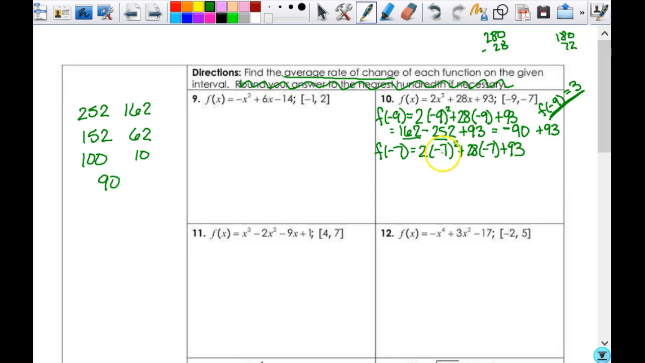Negative 7 squared is 49 times 2 gives me what? 98, because you could do 50 times 2, which is 100, and subtract 2. Now here, for this one, again, I know it's going to be negative. I wouldn't multiply it by 10 and then subtract 3 28s, because I think for myself, subtracting 3 28s is going to be way harder than anything else I would do, because it's just not a nice number to subtract,